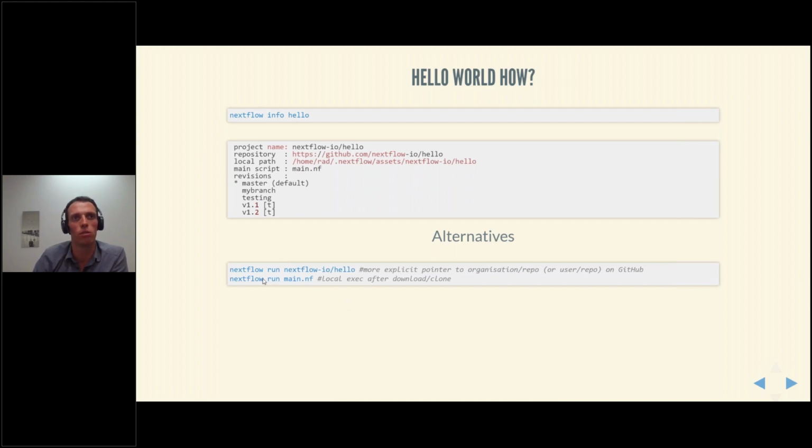And then you could also, more commonly, especially when you're developing a pipeline and not specifically sharing it yet, simply run your local main.nf, which by convention is the name for the main Nextflow script, or you can call it whatever you like in most cases.